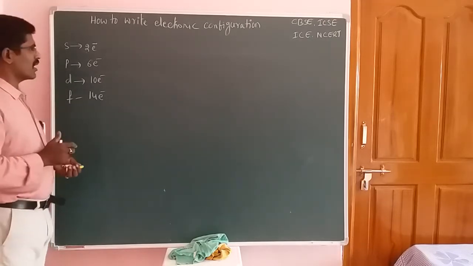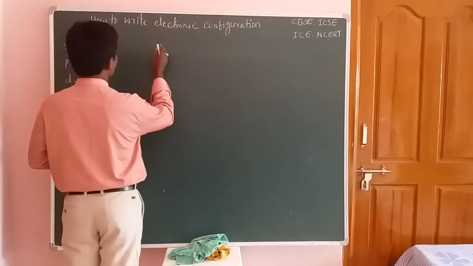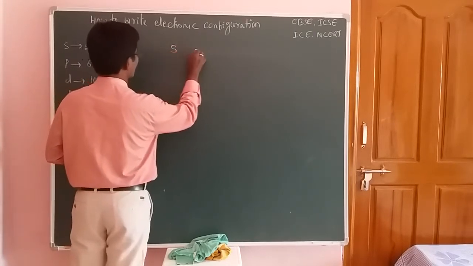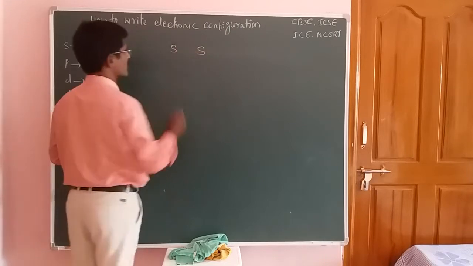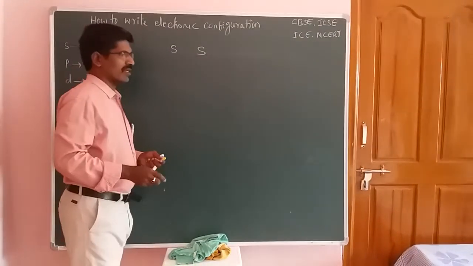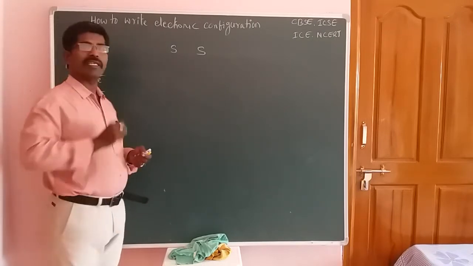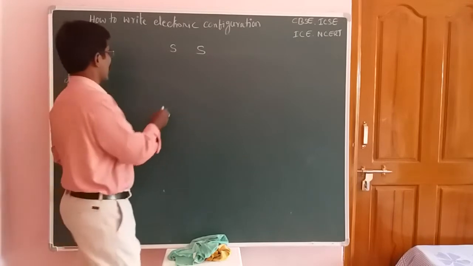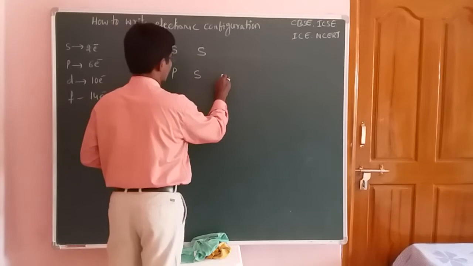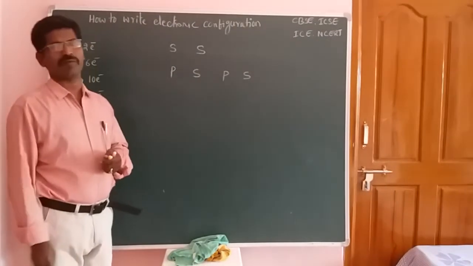Now here I will give one trick, students. First of all, I will write like this. This is S, and the next one is S, so you should remember these letters, S and S, according to my trick. School and school. And the next one is primary school, and the next one is primary school, students.